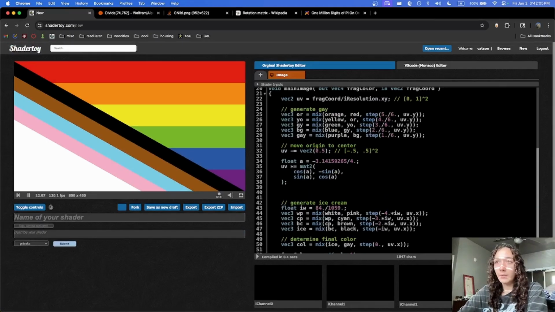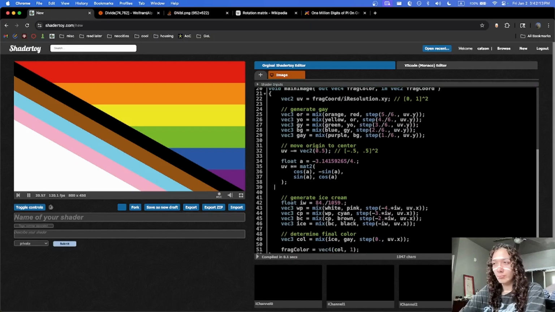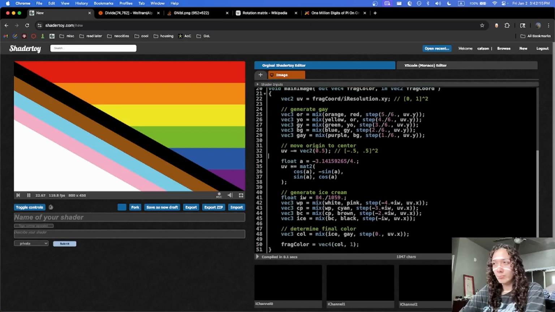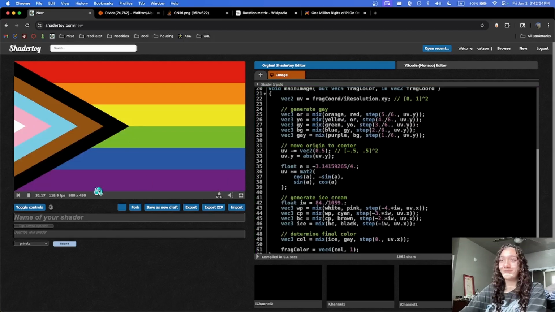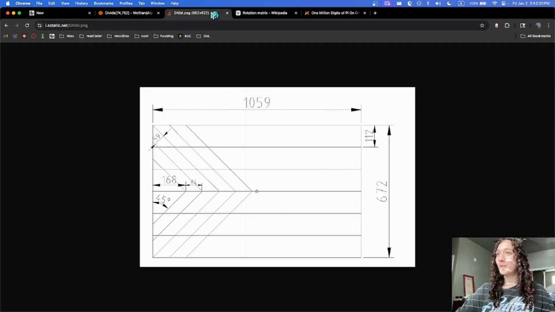Okay, so now we can just do uv.y is the absolute value of uv.y, and this will flip it, but it's wrong. It's wrong because why? Because